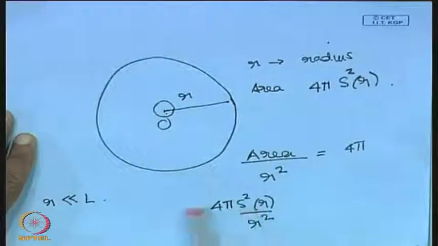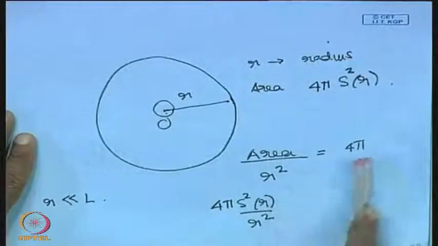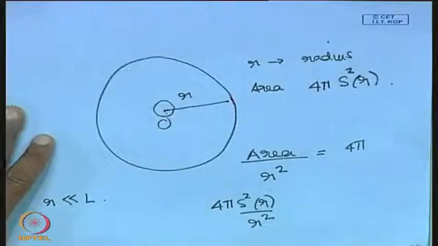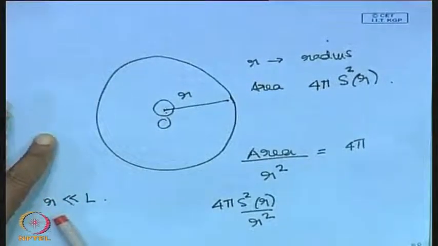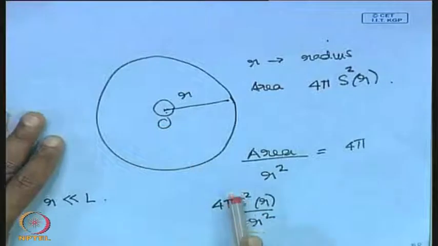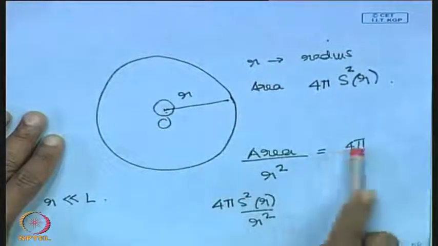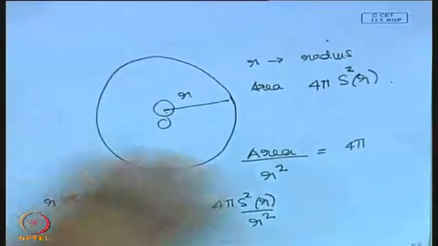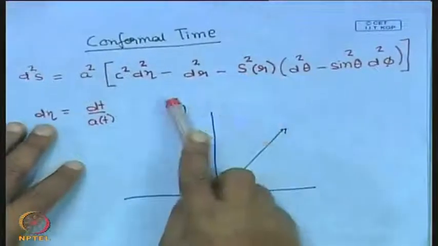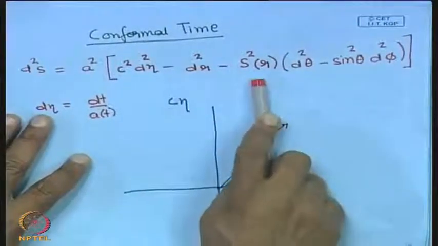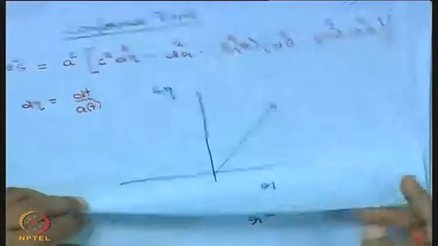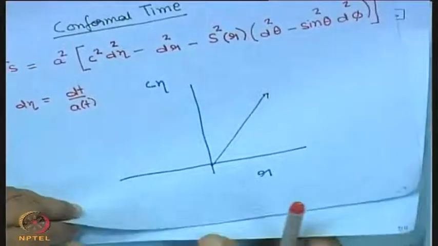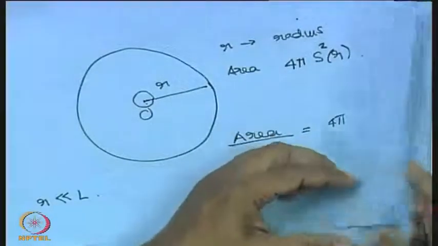You recover the value 4 pi, but if the space is curved, as you approach the comoving curvature length scale, you have significant deviation in this ratio from the value 4 pi. Okay, so there are two things over here. This is the radial distance, this is the transverse distance effectively. Okay, and the physical situation that we considered, let us move on to that.